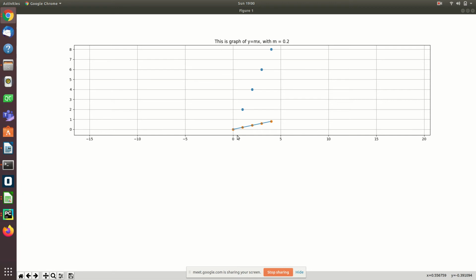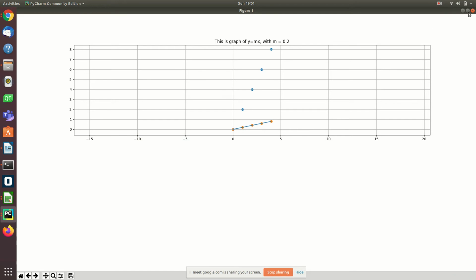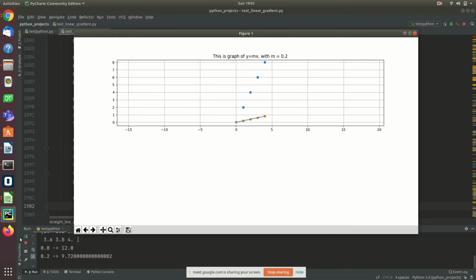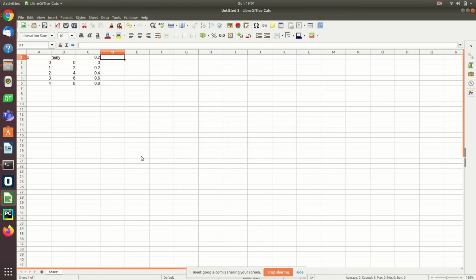But I don't want this now. I want a gap between these two. I want to see the error. The error is defined as, anybody knows how the error is defined in calculating the straight line? Actual y minus predicted y. Exactly. Wonderful. Actual minus predicted. So my actual is this, which is real, minus predicted, which is this.